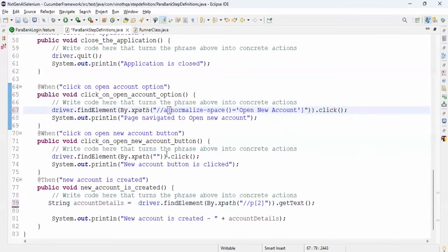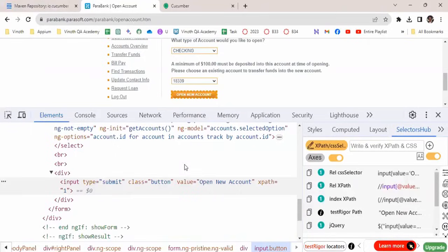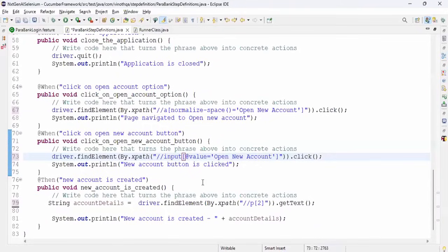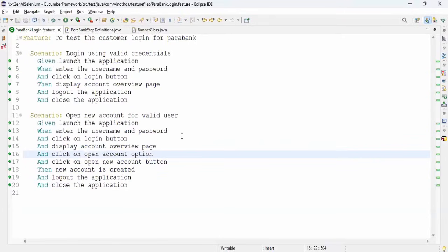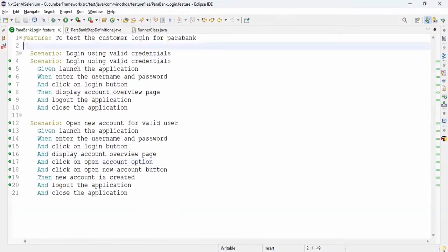This one, input. Both of them are different. Okay, let's see whether it works. So all the code is done. Two scenarios are there. And now